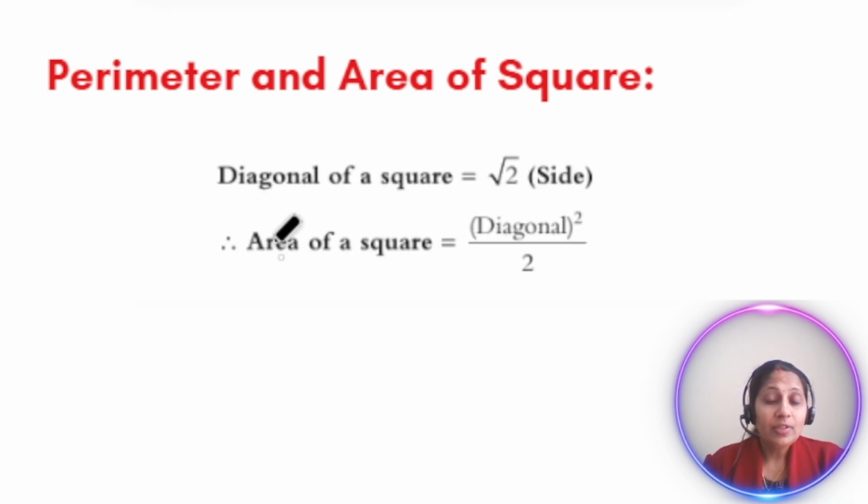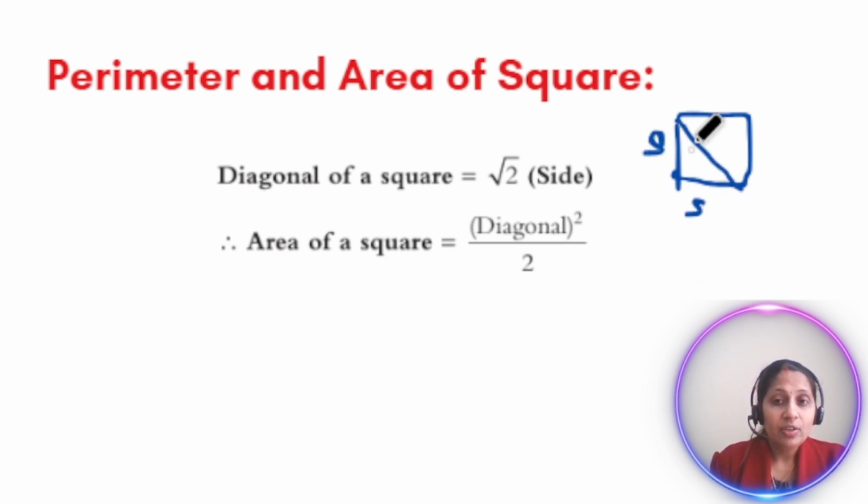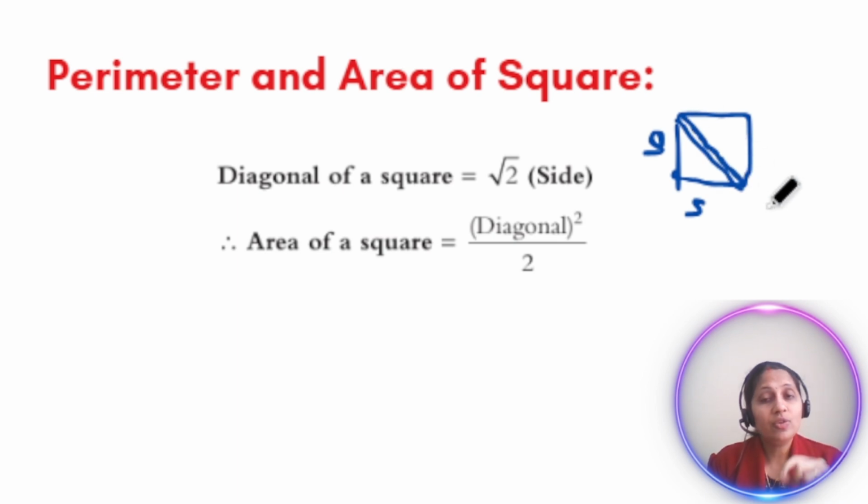Now, if they are asking you the diagonal of a square, what is meant by diagonal? The line which connects two opposite ends is nothing but the diagonal. How do you calculate the diagonal? By using the Pythagoras theorem. Say for example, this is a side, this is also a side. You want the hypotenuse here, so use the Pythagoras theorem to get the diagonal, which is nothing but root 2